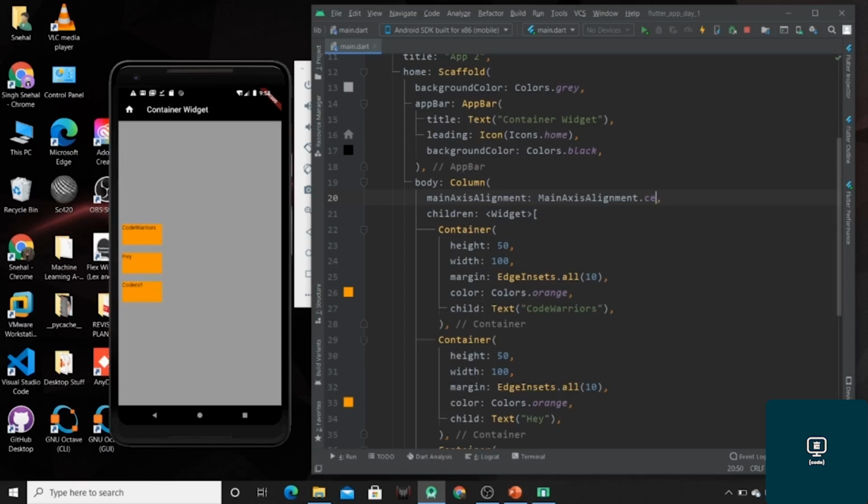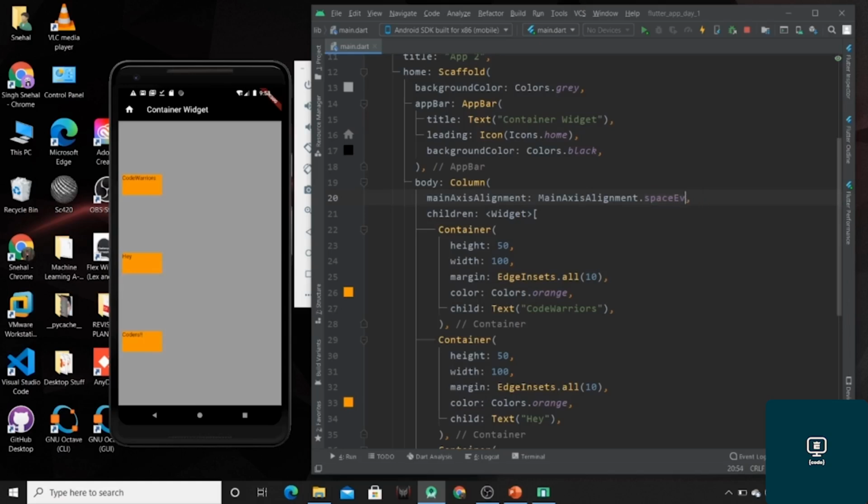Now if I use another property like space evenly, then the whole column space will be distributed between these three widgets evenly. So now the whole space is distributed between these three children evenly.